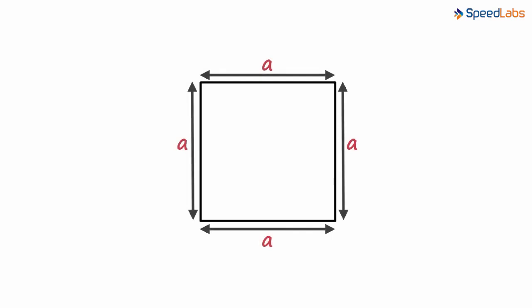Instead, let's take a square. Let's assume each of the sides measure a units. The area of this square is a squared square units. Let's mark a point here such that this distance is b units. The entire length is a and this length is b. So this length will be a minus b